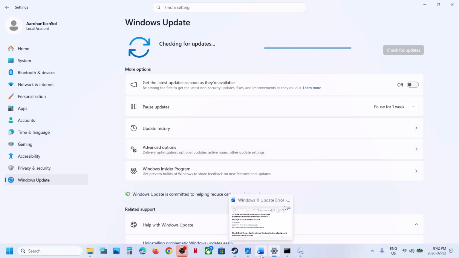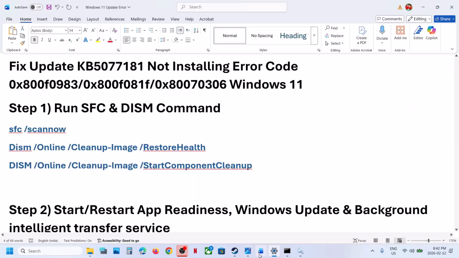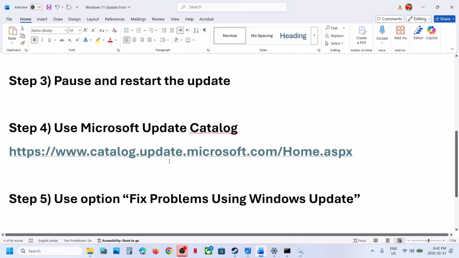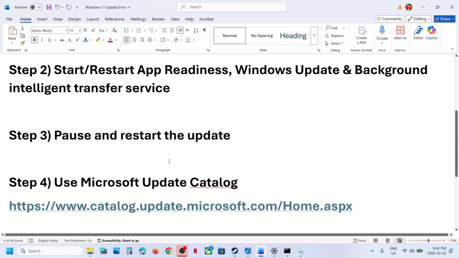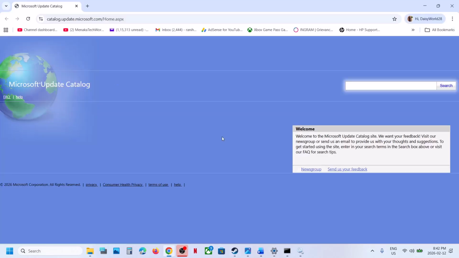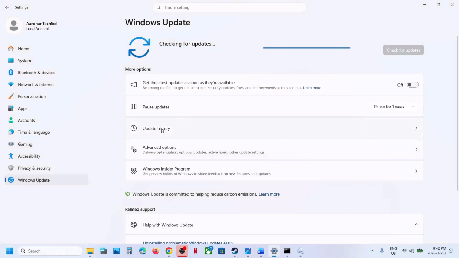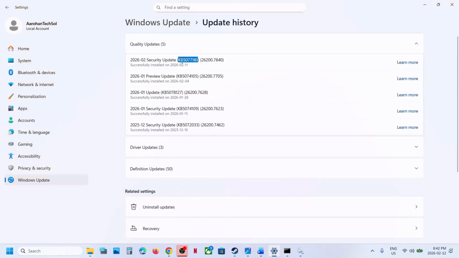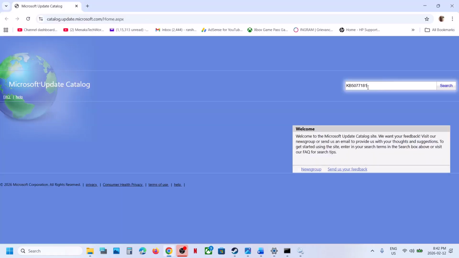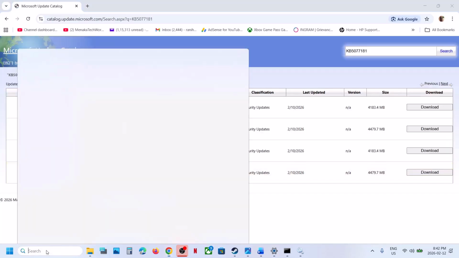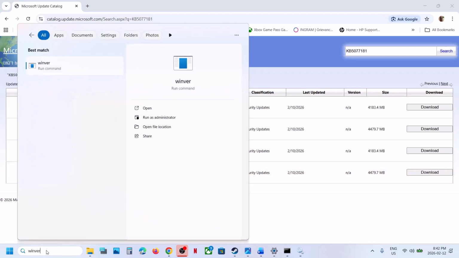Still not working, now use Microsoft Update Catalog. Now for this you can open this link in a browser. The link is provided in the video description. Over here you can write down the name of the update, that is KB5077181. Click on search